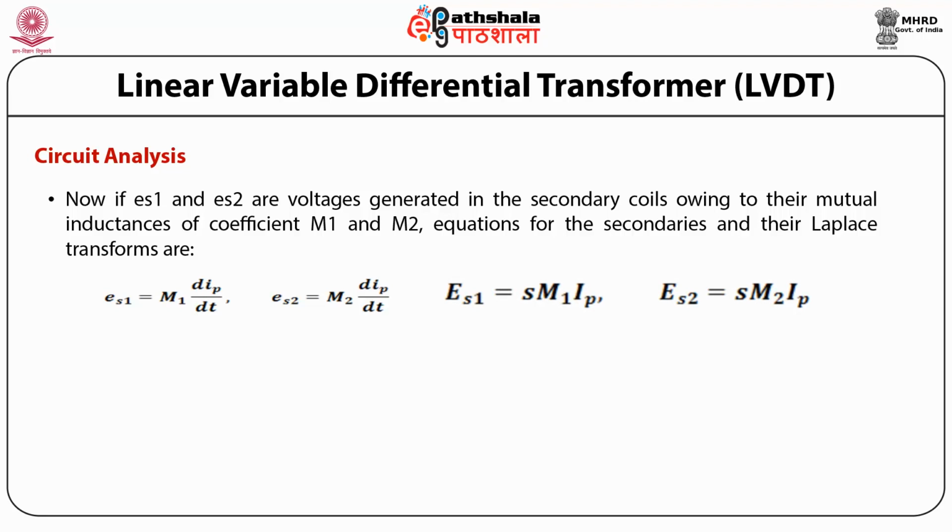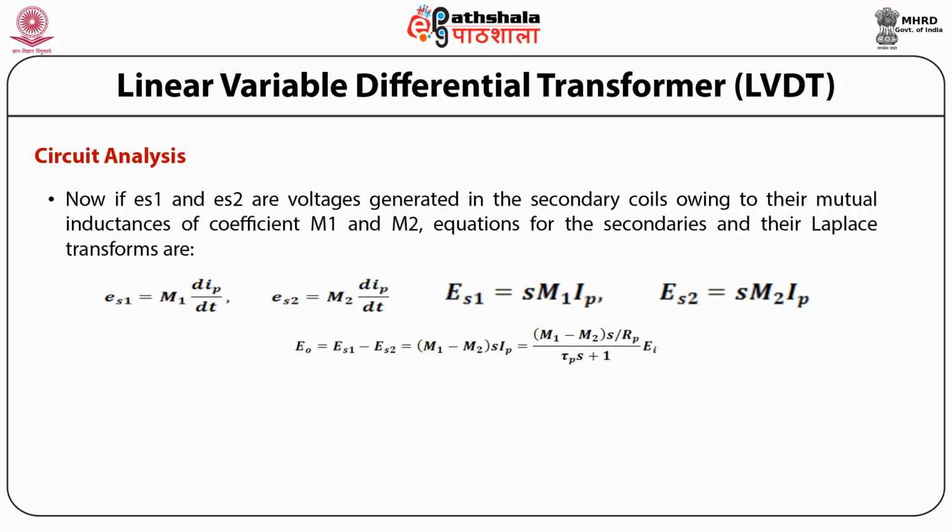So Es1 is equal to s M1 Ip and Es2 equal to s M2 Ip. Now if we take the difference E0, that is Es1 minus Es2, putting in all the values of capital Es1 and capital Es2, we get